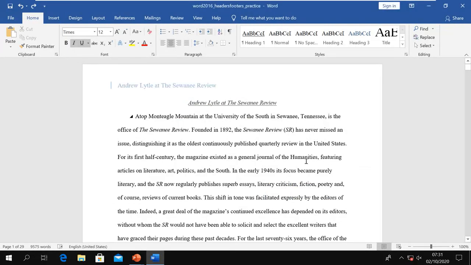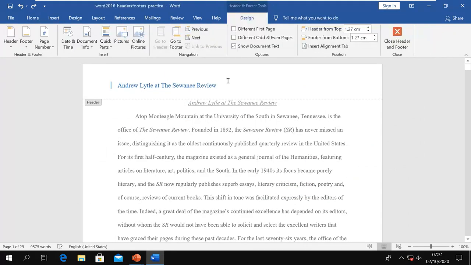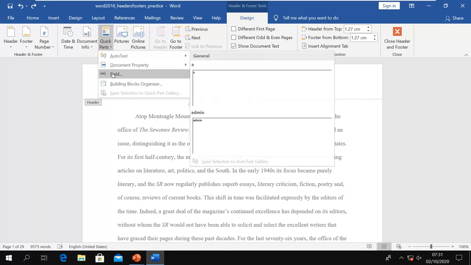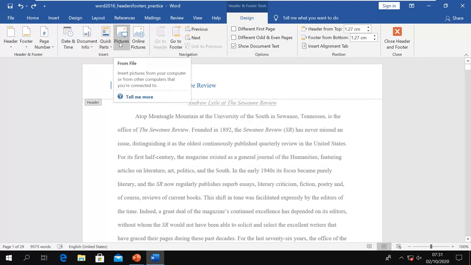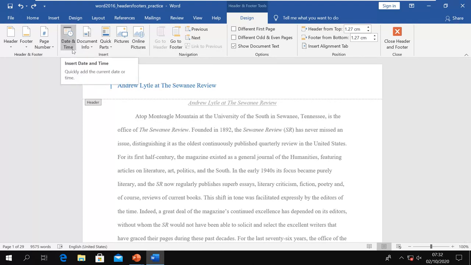So if you want to add the date, we'll go to our document. We already have the title, so I click on this to enable it, and from the Insert tab I have a date. We have an option to add document info: author, file name, path, document title, or we can have an option for quick parts, or an option to add pictures. So we can add some icons and logos here also. We can get them from online also. Now I want to add the date or time. So first place your insertion point, your cursor, where you want to add the date.